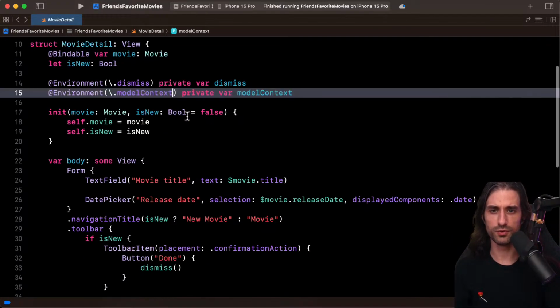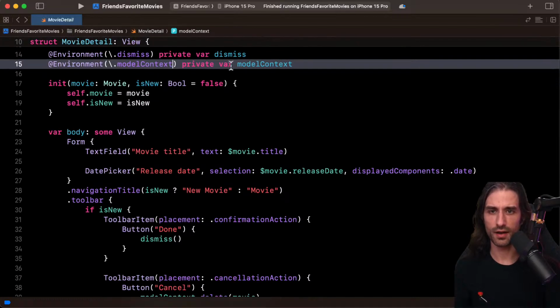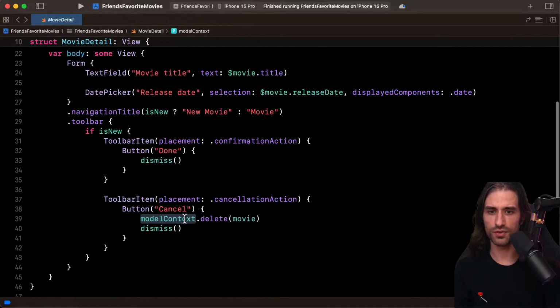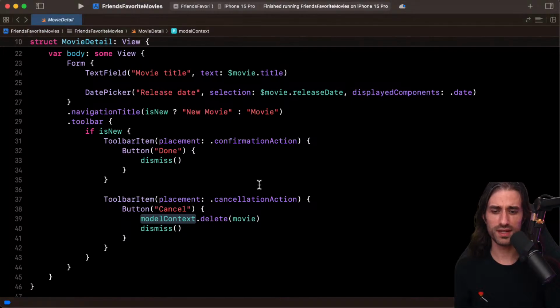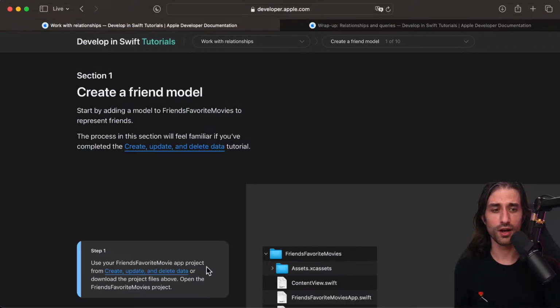And then same thing, we use the context. I think we use the context for the delete button. And in that case, when we create a new movie, we first add it even in an empty state. And when the user cancels, we delete the movie. So that's all for this little tour of what we had done last time. I think now we can focus on what's new, what we're going to do this time.